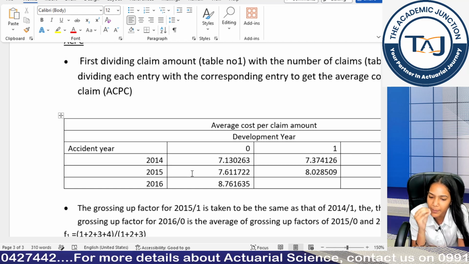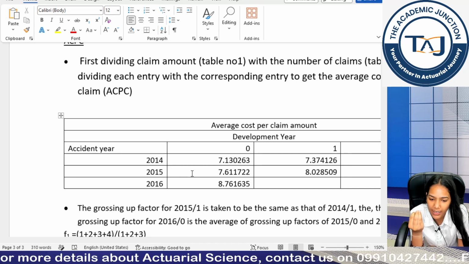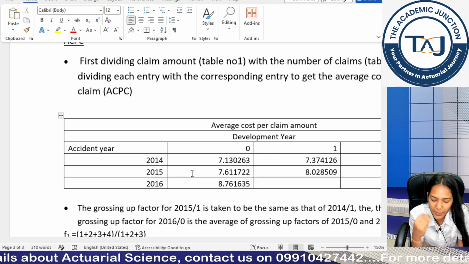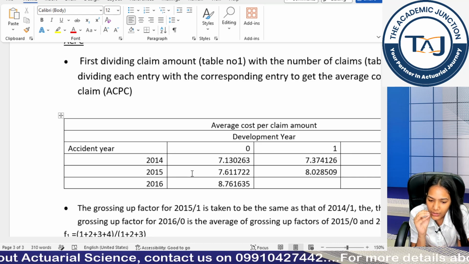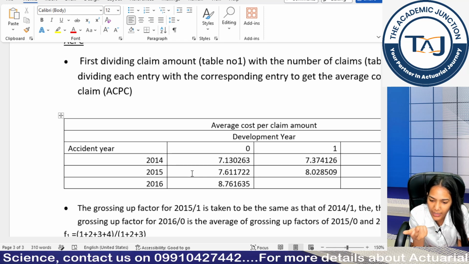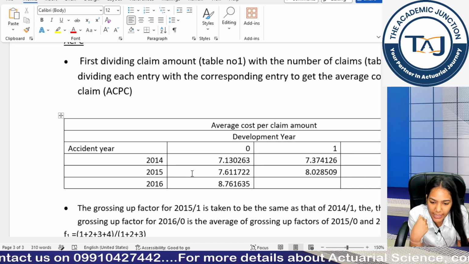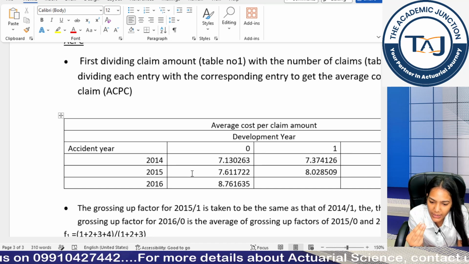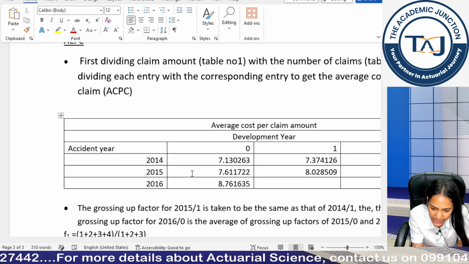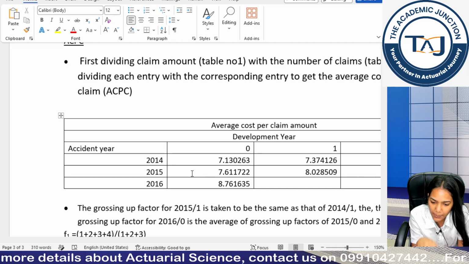So better you be prepared about the description, because runoff is a chapter that is a lot more probable to come in your Paper A exam. Okay, so it's better to prepare such descriptions for all your methods. So basically the 4 methods you have: basic chain ladder, inflation method, ACPC method, and BF method, right? So for these 4 methods, you should be prepared with your assumptions, with your descriptions of steps, and with your statistical model representation.